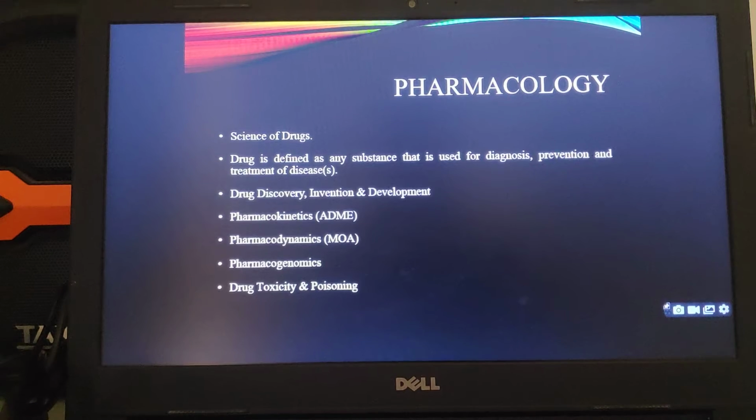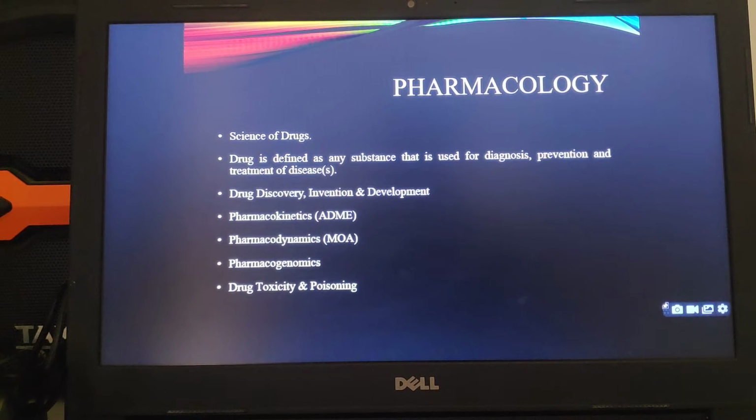Now let us start with the subject of pharmacology. What does it mean? Pharmacology is the science of drugs. What is a drug? A drug is simply defined as any substance that is used for diagnosis, prevention, and treatment of diseases. It involves drug discovery, invention and development,